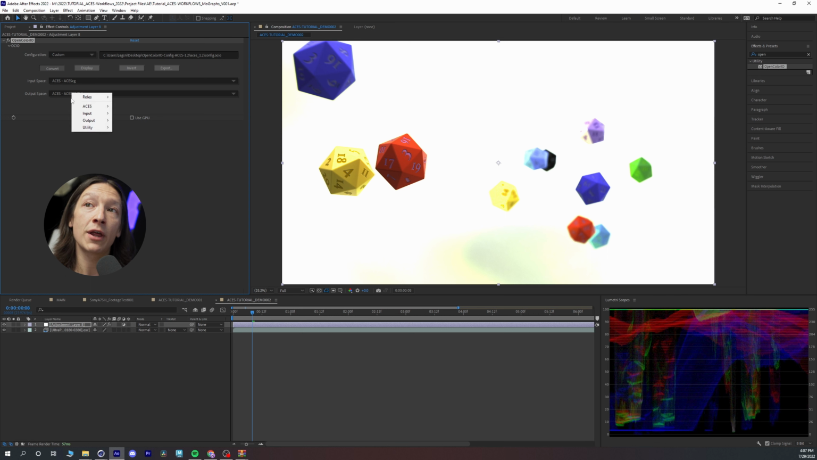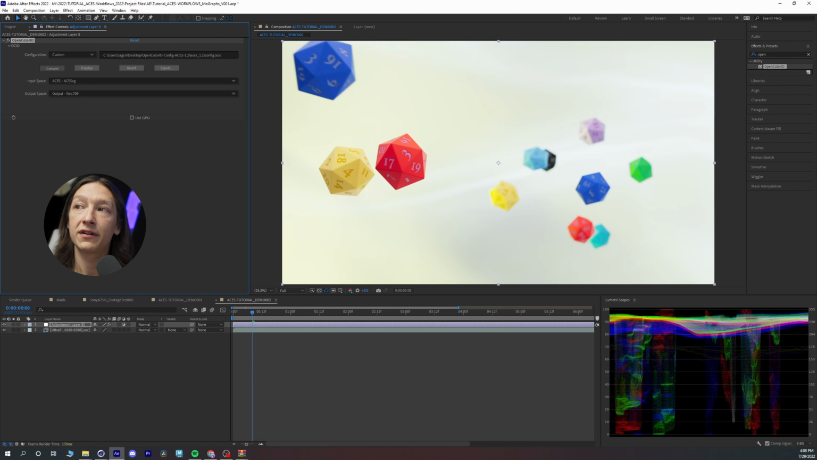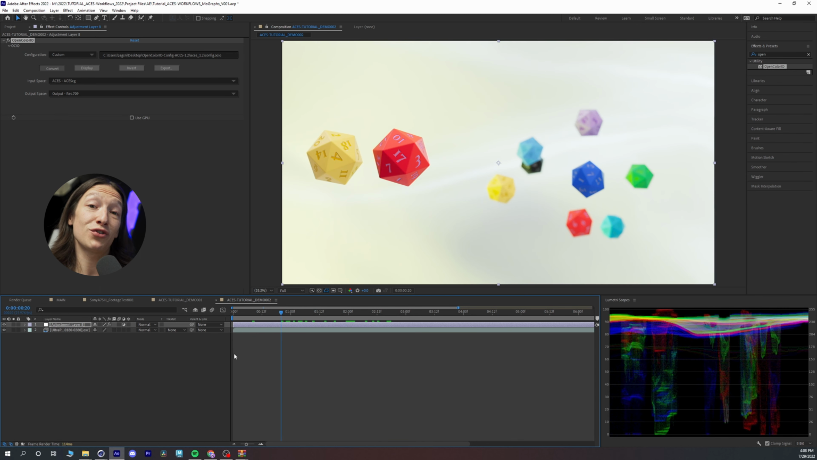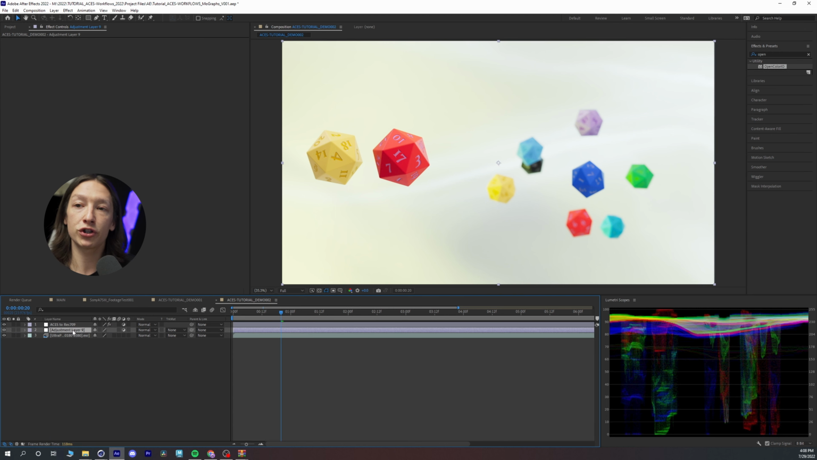And then I know that my output space is Rec. 709. And from there we get a lot more detail in the highlights and the shadows, and it looks really good. It looks like it looked in Cinema 4D. We'll talk about how to get there from Cinema in another video, but the benefit about this workflow, name your layers by the way, so we'll call this ACES to Rec. 709. If we make a new adjustment layer and we add an exposure